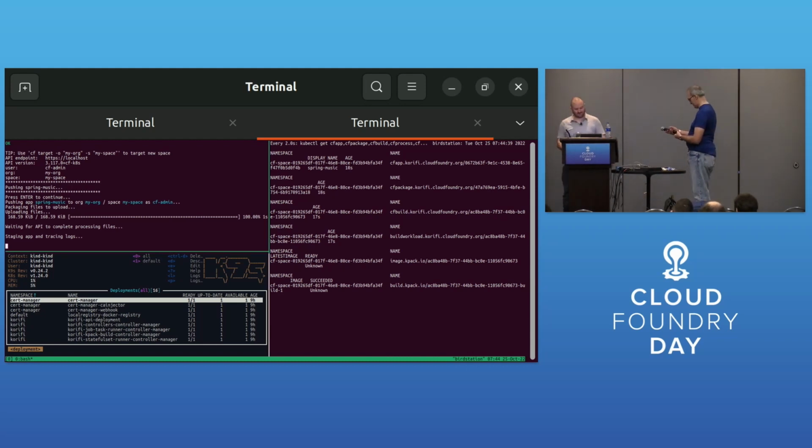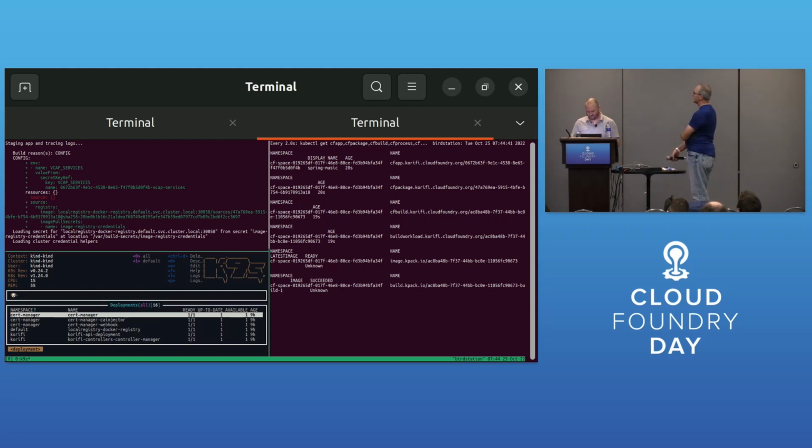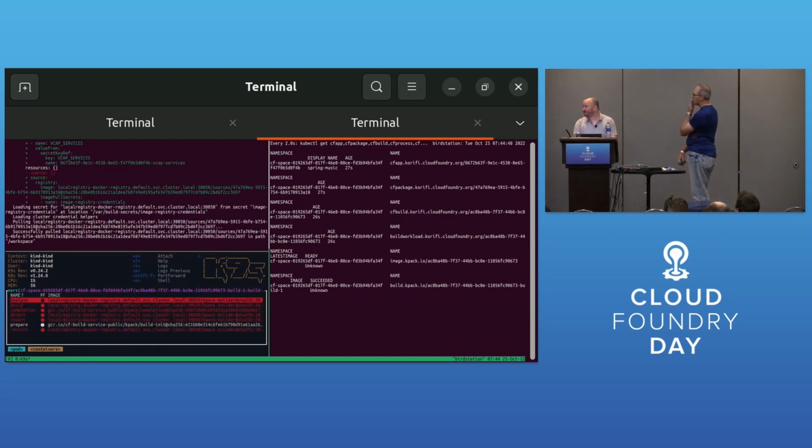pushes, we can probably look at some resources down here. So we've got our pods, I think. Yep. So we've got a build pod going. This is Kpack, so it's using buildpacks to build the image. You'll see we have an app.